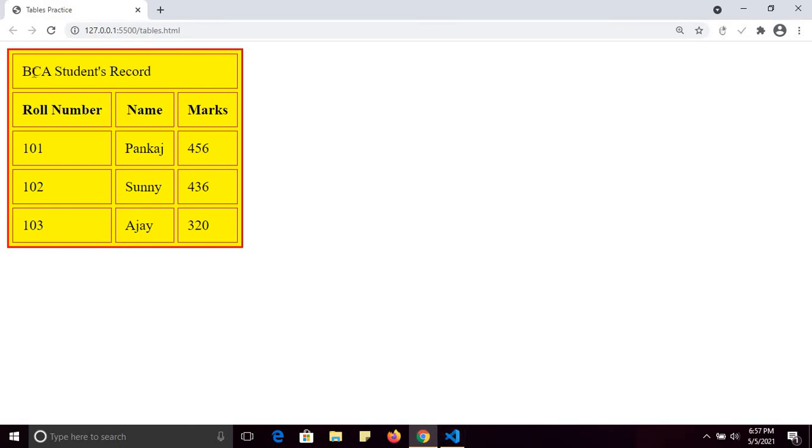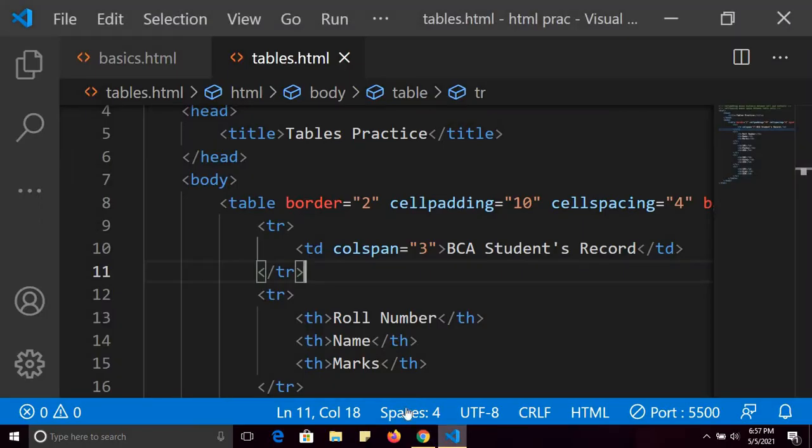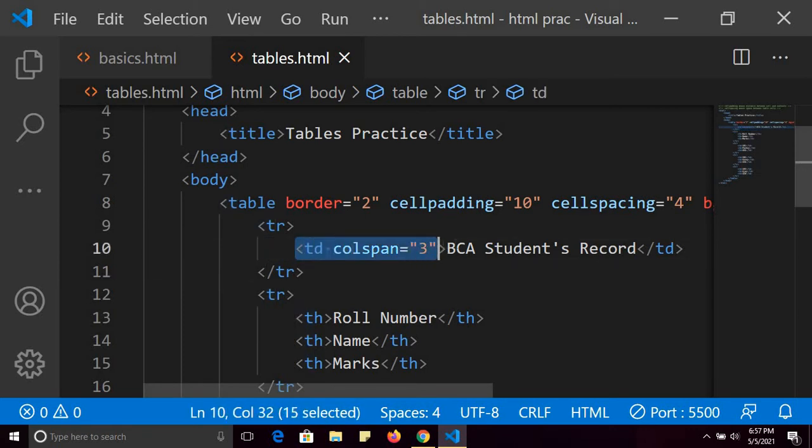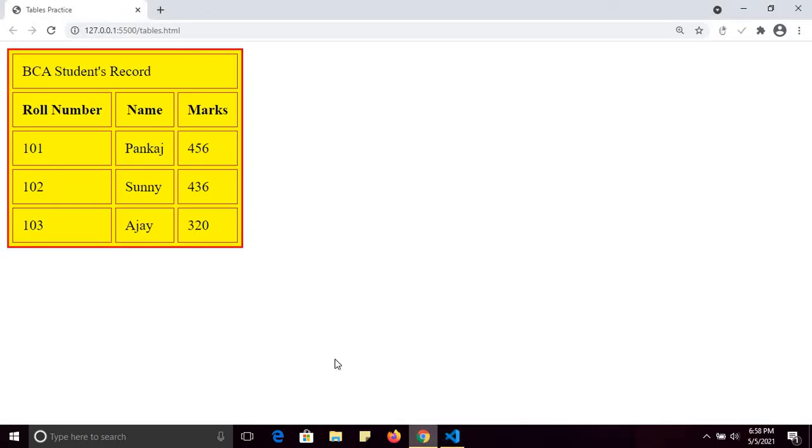Now see the difference. Here in the row I have created only one column, BCA students record. I have created only one column, but that column is taking the space of 3 columns.